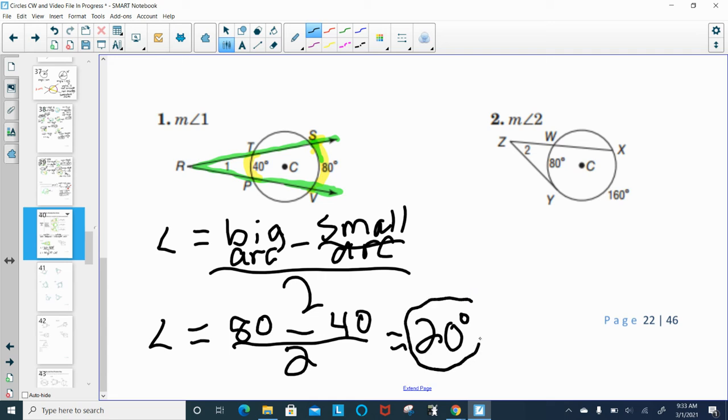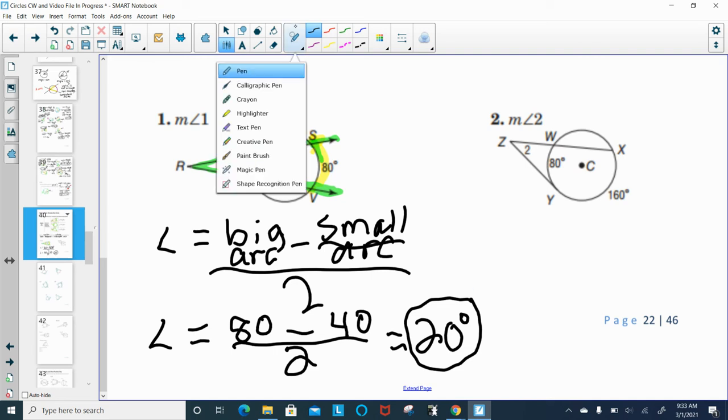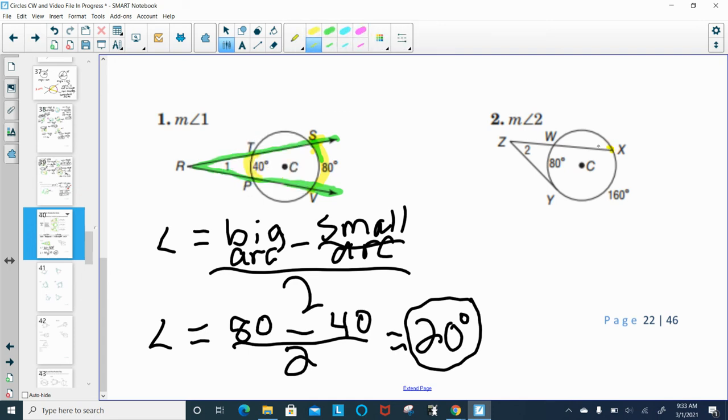Of course, there will be situations where we have to solve for a missing arc and not a missing angle, but I'm going to show those to you in class. Let's do one more like this, and then we'll come back together. So here we have the measure of angle 2. Angle 2 is outside the circle. And angle 2 does have 2 intercepted arcs. Only they just look a little bit differently